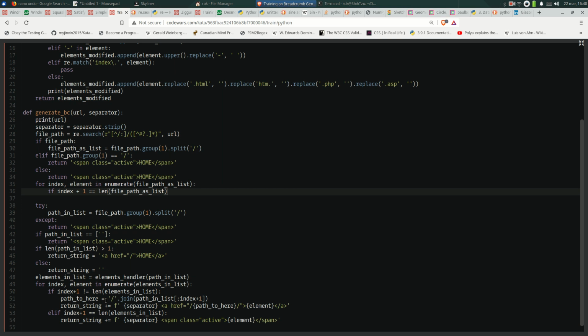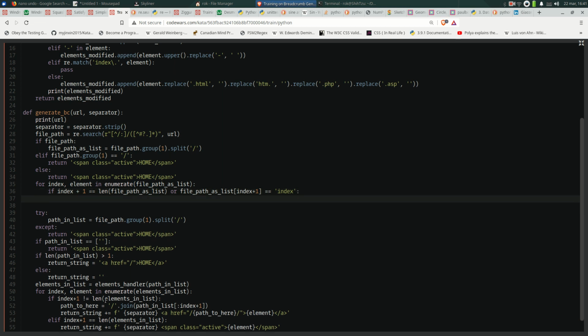So if this is the last one, or if file path as list element at, so not this element but next one, equals to index, then